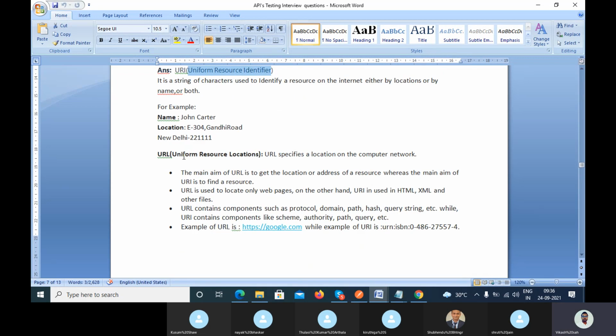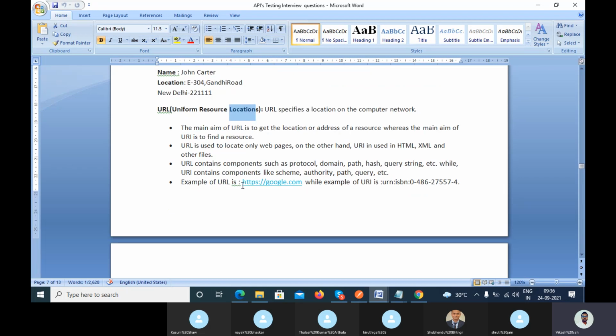And URL means Uniform Resource Locator. Here you can see, let's suppose, http://google.com. This is the URL.